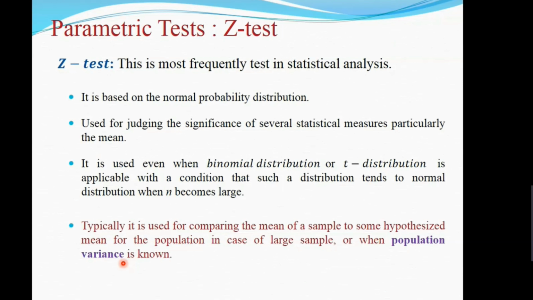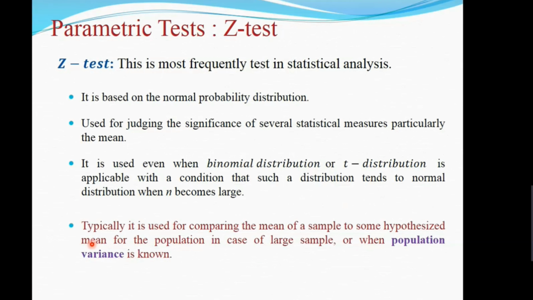You ask a few people, meaning you take a sample out of the total population and then you study it. You see the sample mean and then, using the distribution table, you can compare your mean based on the rejection region and acceptance region. You will decide whether your null hypothesis is correct or not. Null hypothesis means some hypothesized mean that we are discussing. So that is the thing.